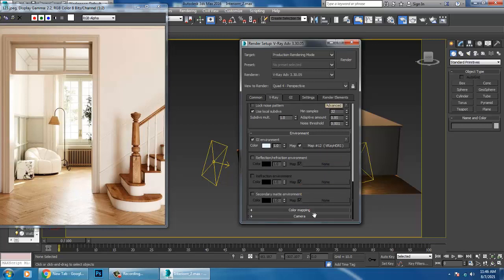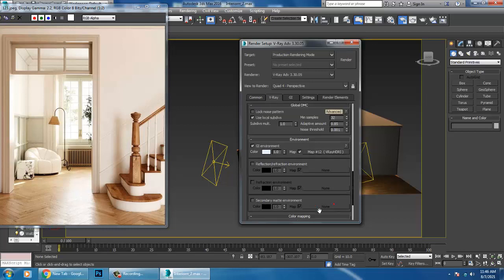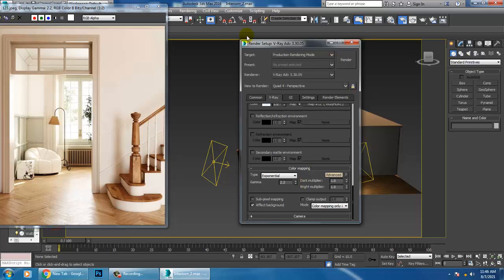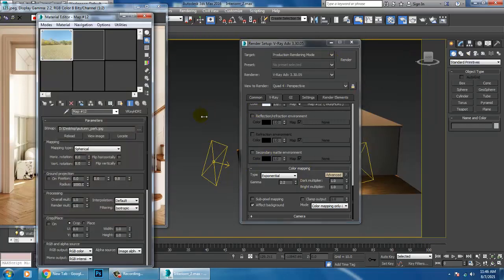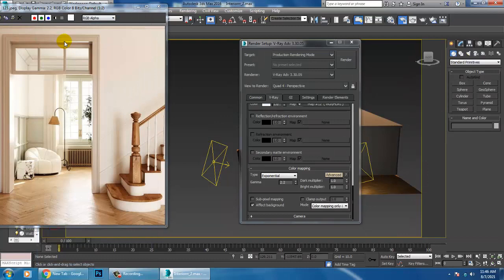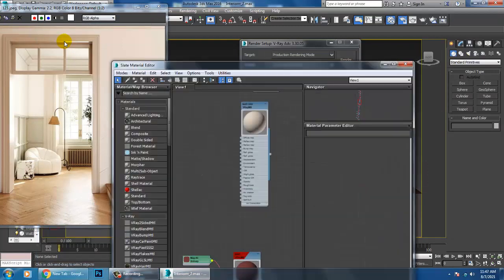After that, let's go into the material section. Let's go into the Slate Material Editor. Definitely increasing this will increase the render time also.